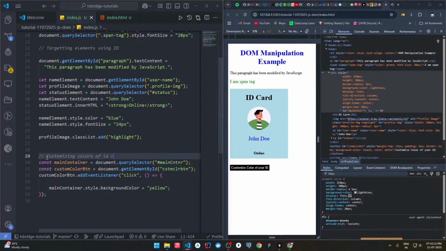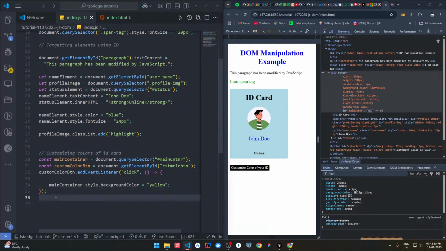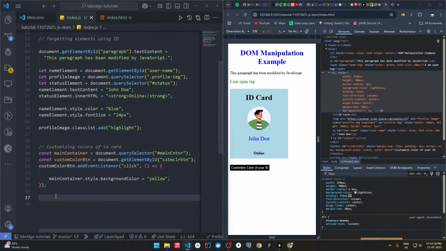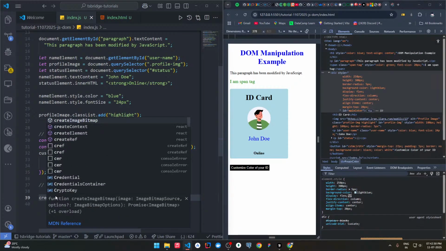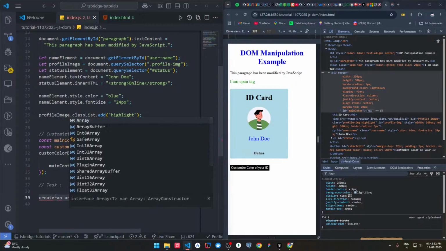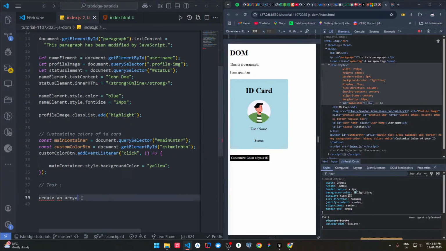colors of ID card. See, before the explanation, you all have a task. Okay, now since you all know how to interact with elements, what you all need to do is create an array of colors, and map those colors here. Okay, create and map those colors so that